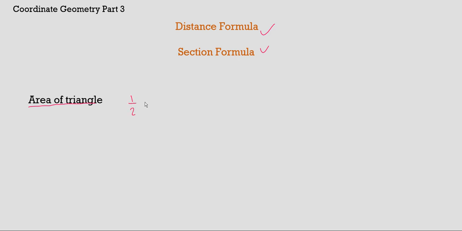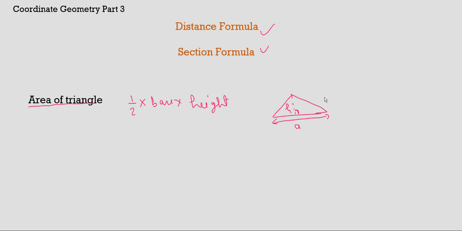Yes, I know half base into height, the first one, but this is strictly based on base and height. Any triangle can have a base and height, but you should be careful while using this formula. Suppose you have chosen this base length, then for the choice of height you should draw a perpendicular that lies on this base. If this is A, it will be H.